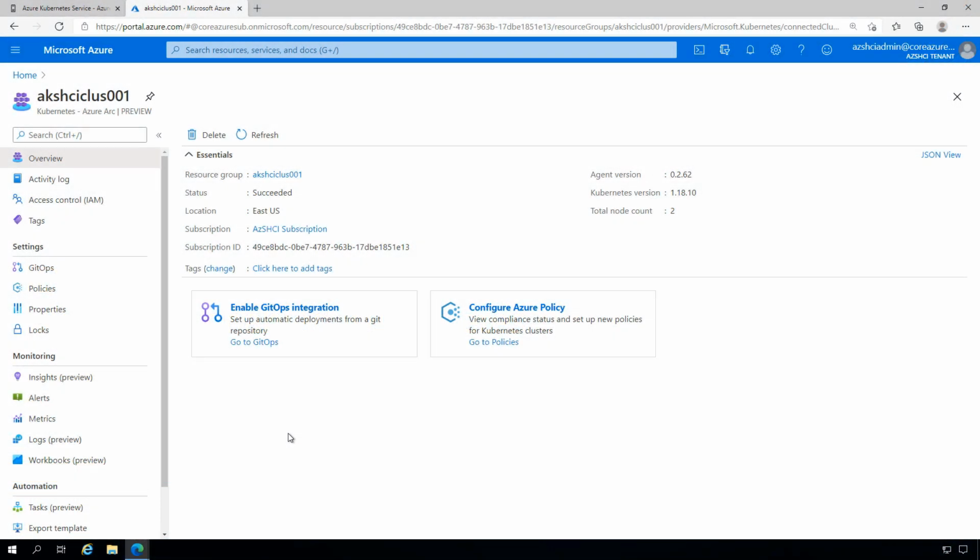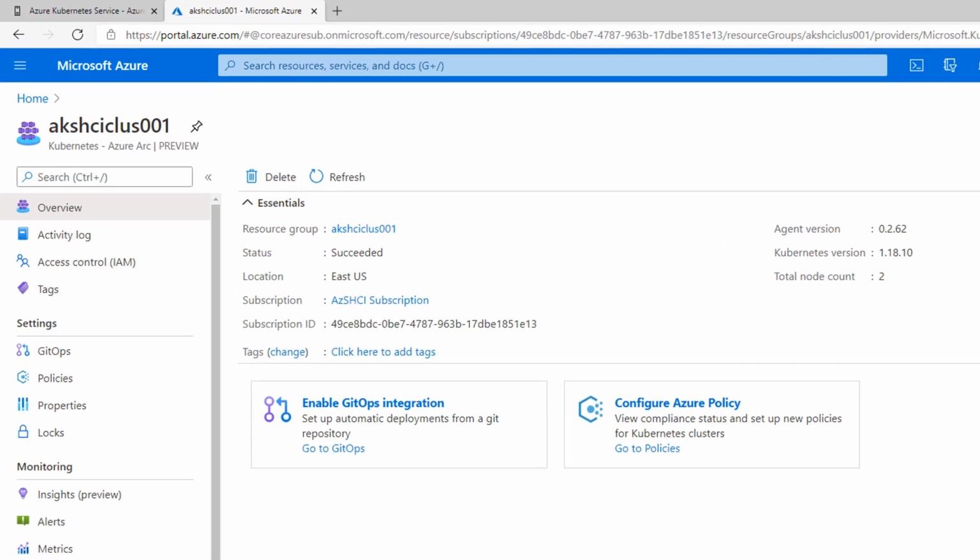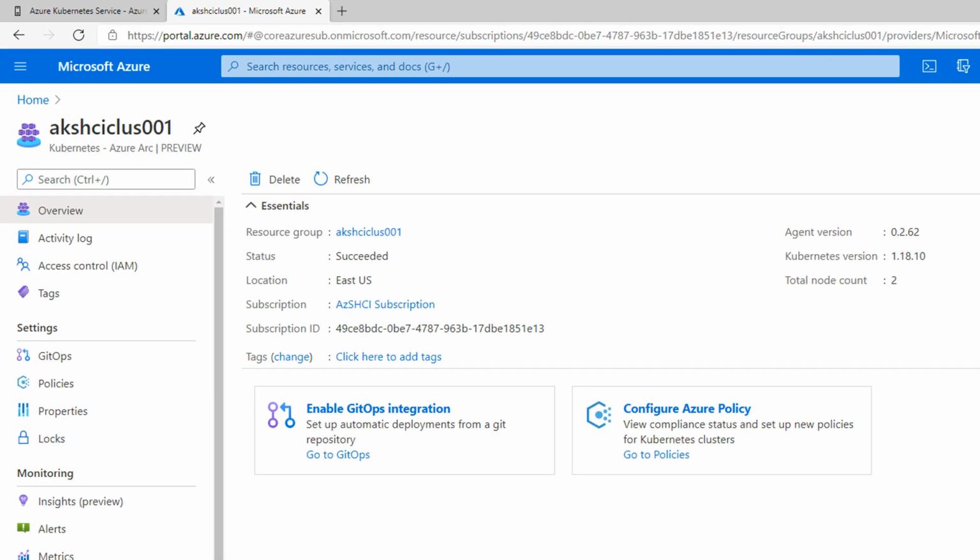So here we are in the Azure portal, specifically looking at our Kubernetes target cluster that we integrated with Azure Arc as part of the deployment process earlier when using Windows Admin Center. And so what we have is now an object in Azure that's enabled through the Arc for Kubernetes service that we're building within the broader Azure Arc that enables us now to apply specific controls, configurations, integrations to our Kubernetes cluster, even though it doesn't reside natively in Azure.